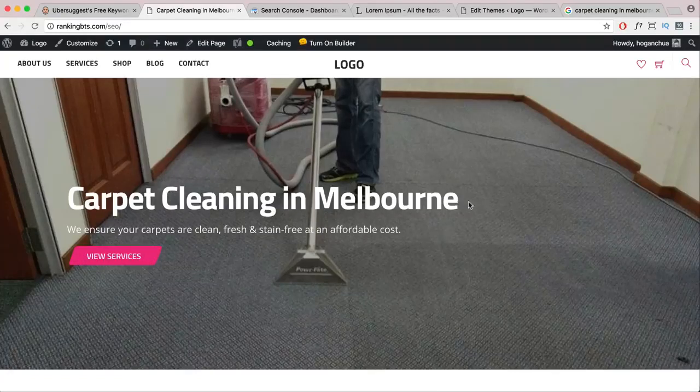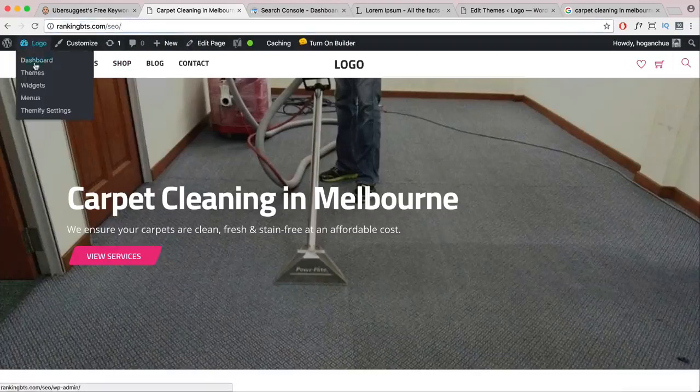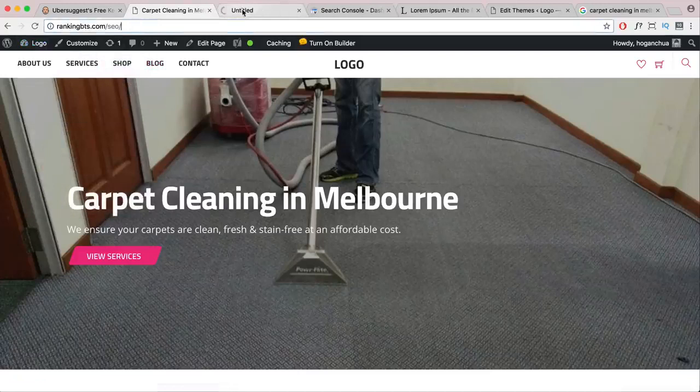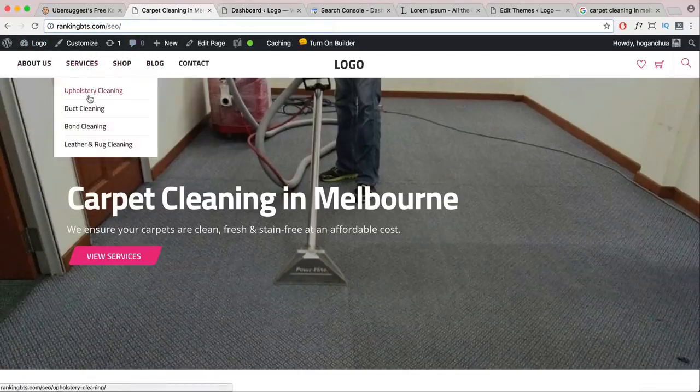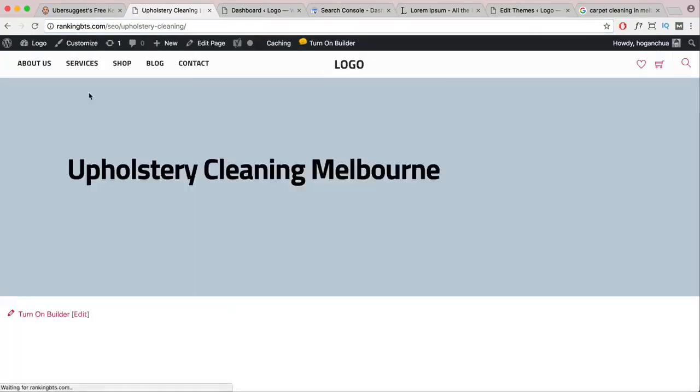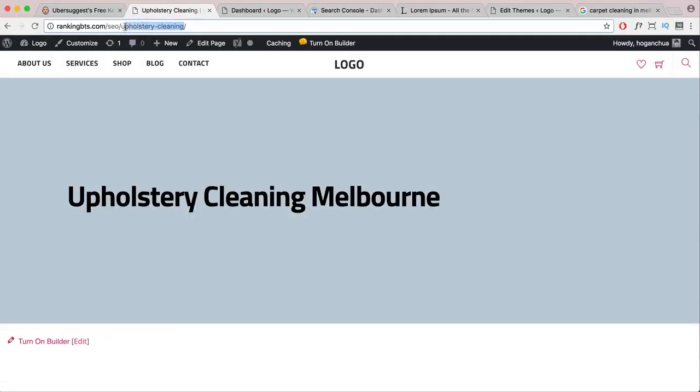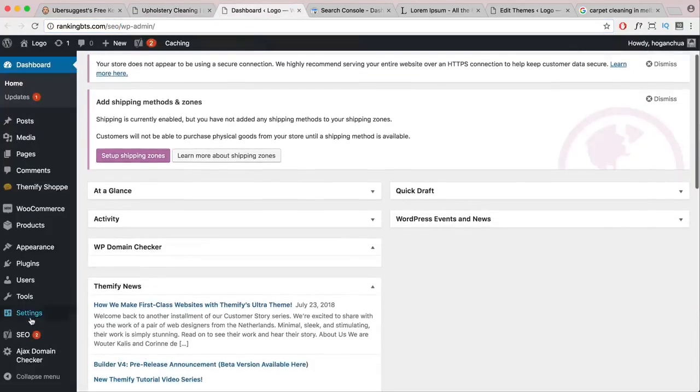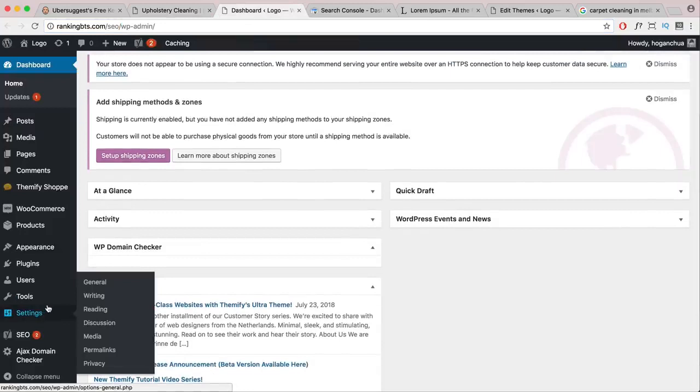All right, so you also want to make sure that if you have a URL here, you check your permalink. So let's go to the dashboard section again, and let's say we hover over here and click on this one, upholstery cleaning. You want the keyword in the URL structure as well. To make sure that is set, you want to set the permalinks in WordPress. So hover over settings, click on permalinks,